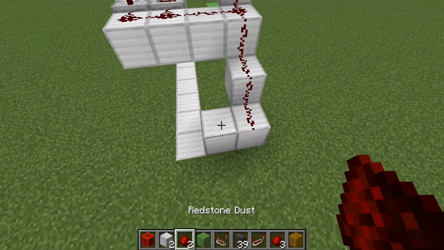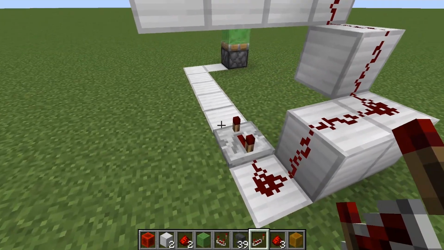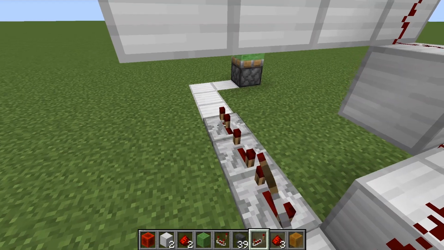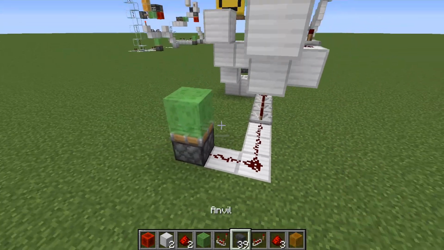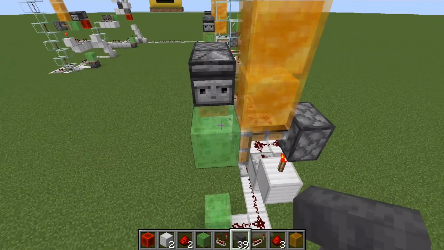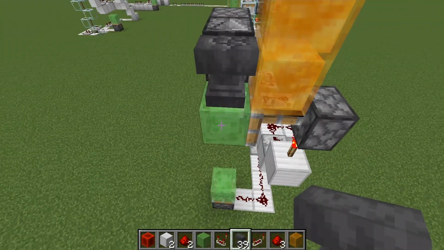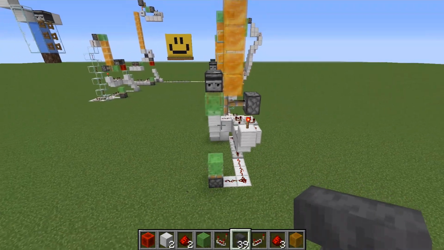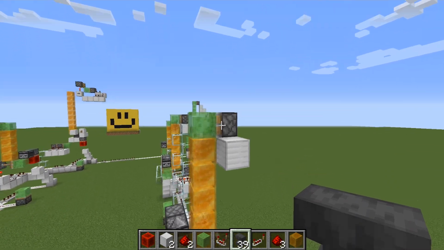Put the redstone in place, and then here we have 4 ticks of delay, 8 ticks of delay, and then 10 ticks of delay because that one only has 2. Let's go ahead and hook that all up and make sure this works properly. Boom! So that right now will just keep bouncing the anvil up and down, and now we need this sticky piston